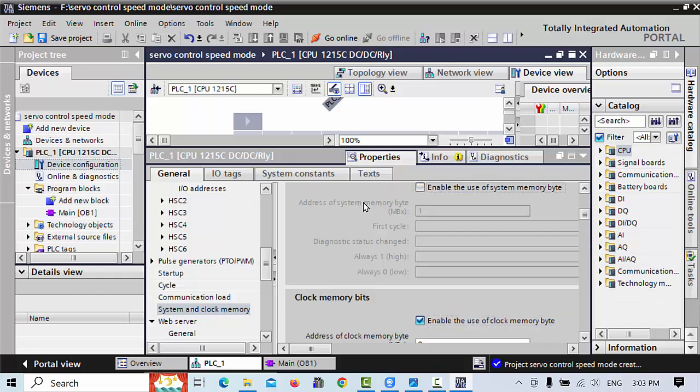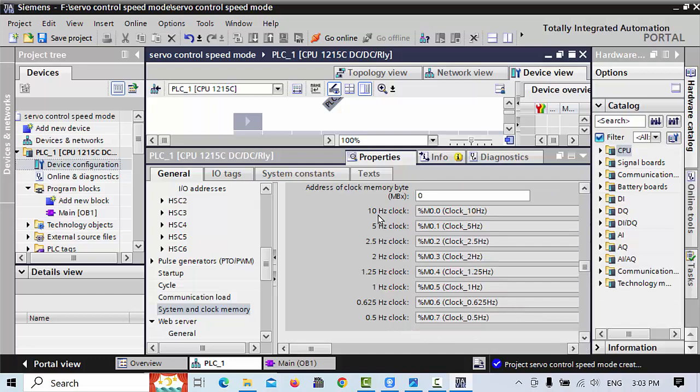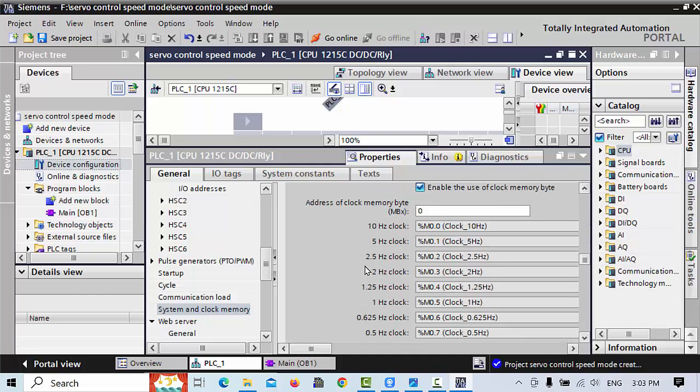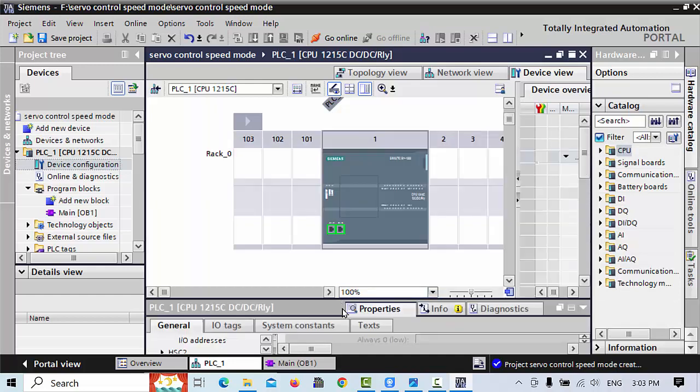This may be you check mark or not, no, I think so, no need. But this is from M0.0, this is also our clock pulse, M0.1, M0.2, 0.3, 4, 5, 6 up to 7, that is, different cycles have clock pulses. I choose M0.1, that 5 hertz clock pulse. That must be enabled. If you do not enable it, that will not work, and also